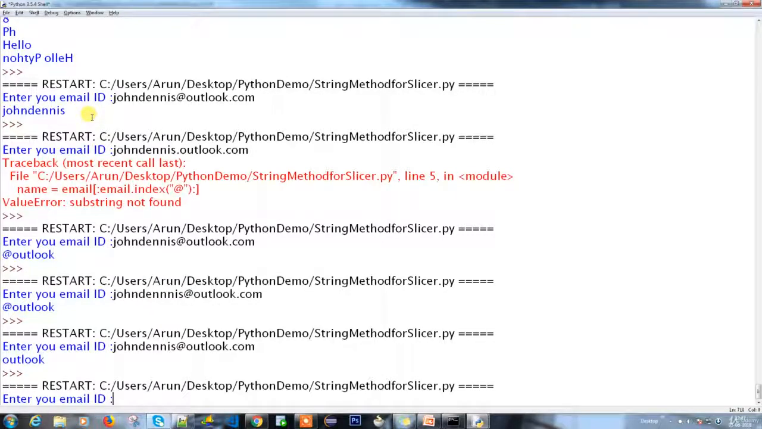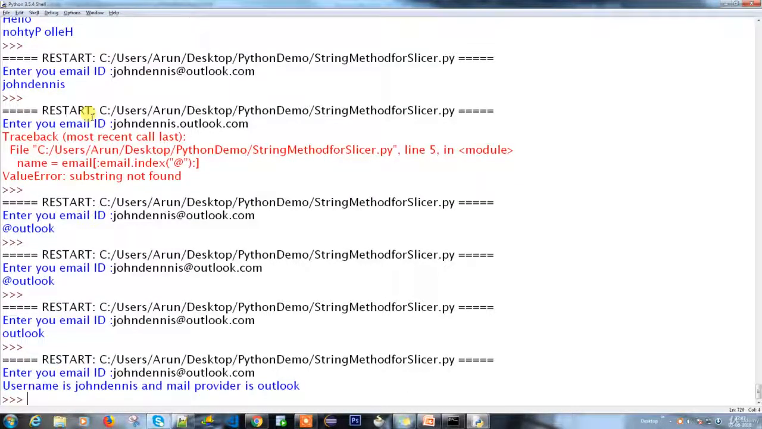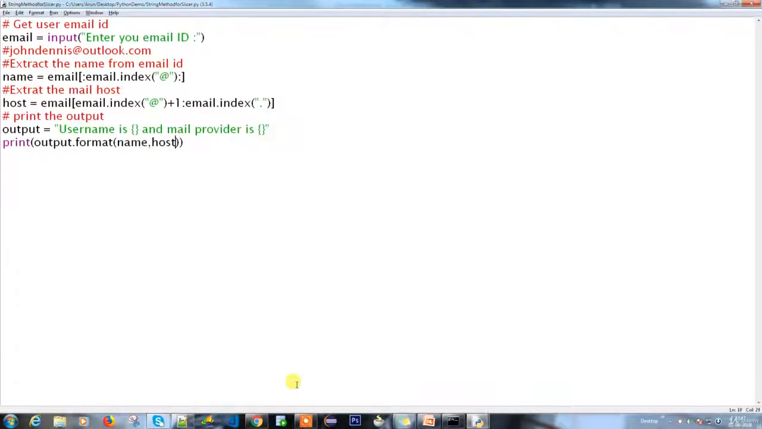My mail ID is John Dennis at outlook.com. So see, the username is John Dennis and the mail provider is Outlook. In case I wanted to change the order, here I want to place the second and here I want to place the first variable. It's not a big deal. You can mention the number here, 2 and 1. So if you see the outcome,